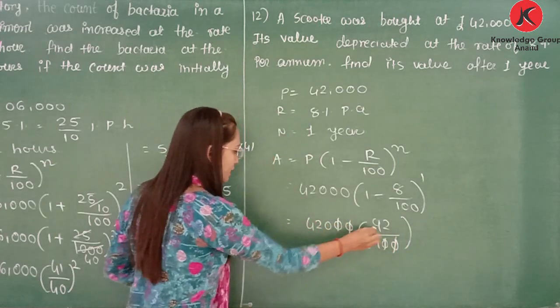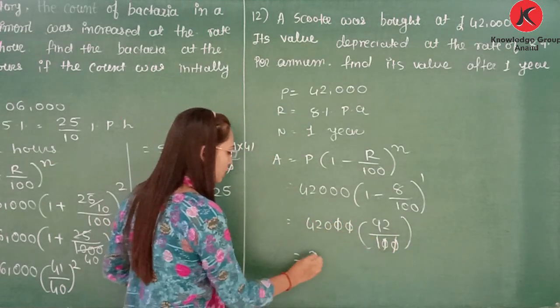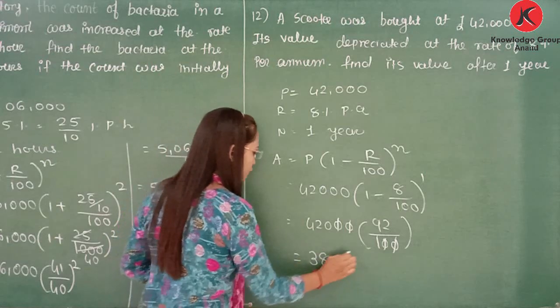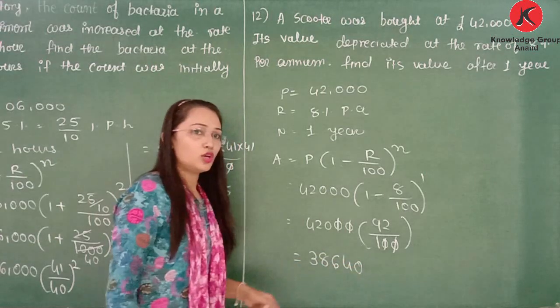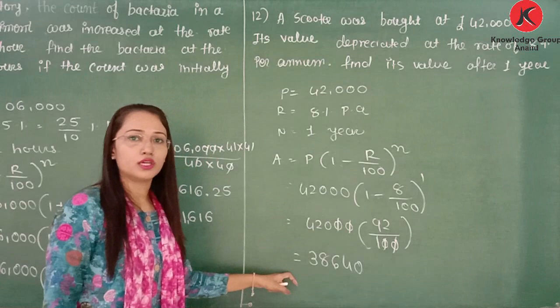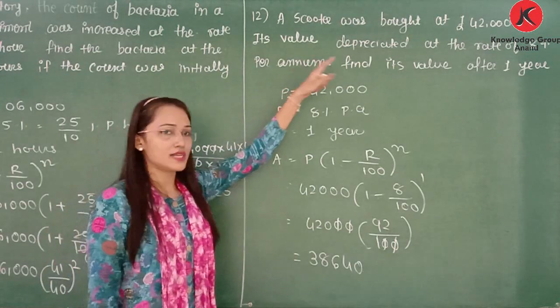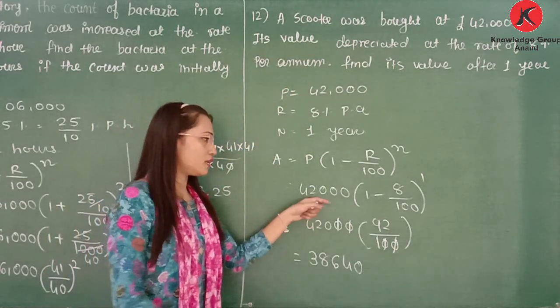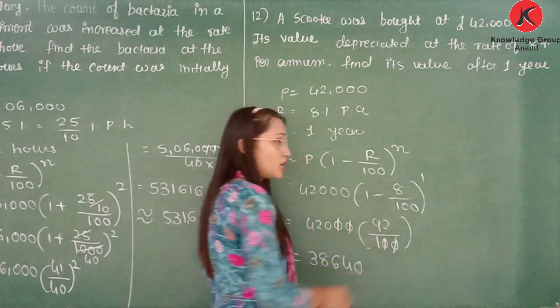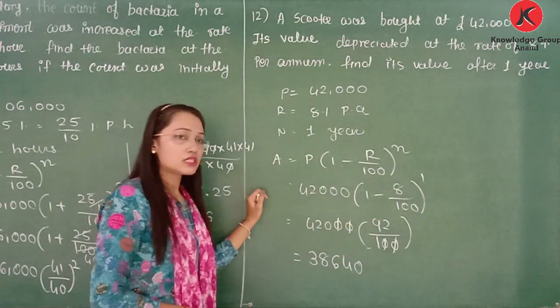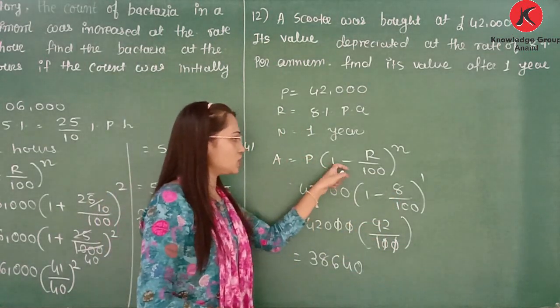So multiply 92 with 42, you will get 38,640. So this is the value after 1 year when it is decreased at the rate of 8%. So please remember when the price is decreasing, your equation will be changed, instead of plus